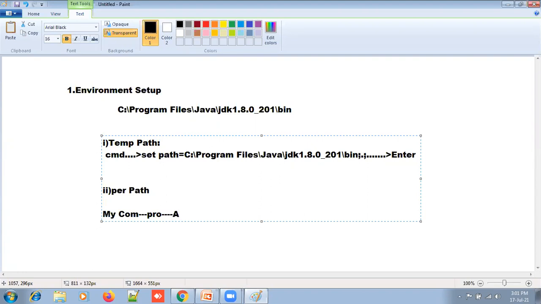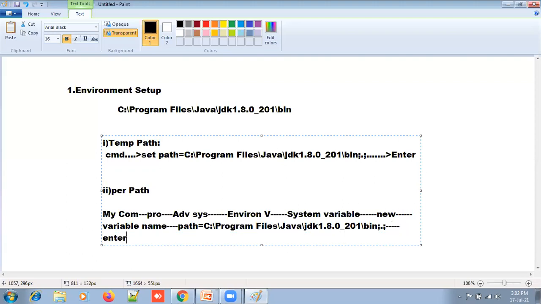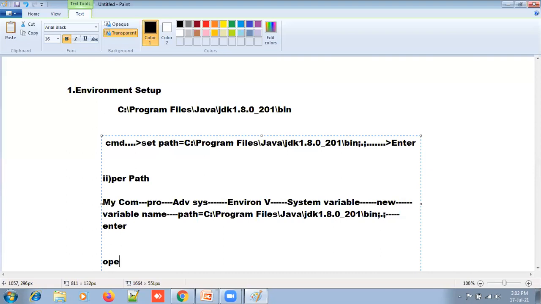Then you can go to advanced system settings, then environment variables, then system variables. After that we can set the new one. Select the variable name, then Path, and just paste semicolon dot semicolon, then click enter.